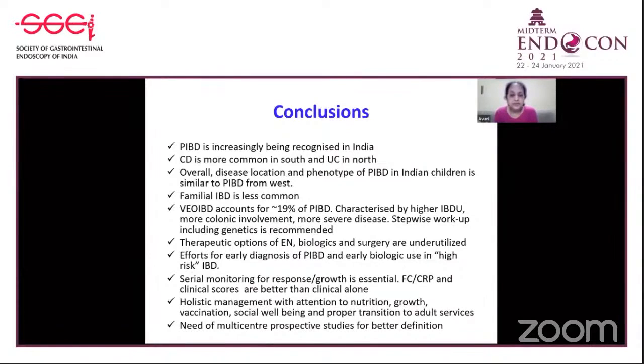And apart from clinical evaluation, if we include CRP or inflammatory markers and fecal calprotectin along with the clinical evaluation, it gives a better assessment of the mucosal